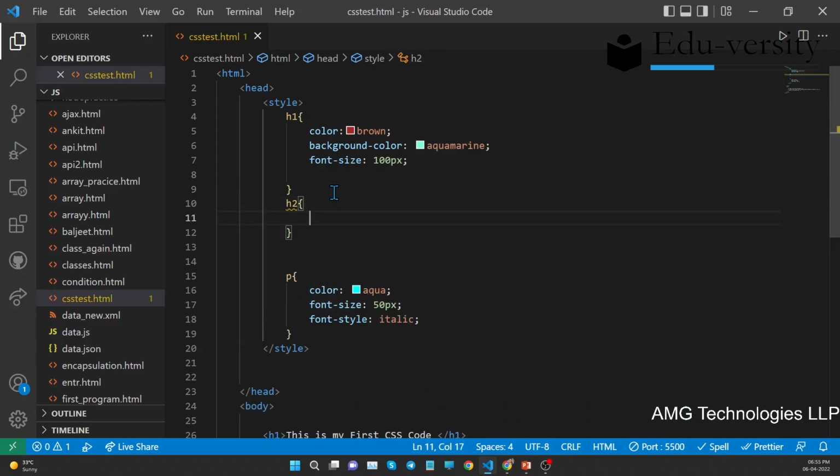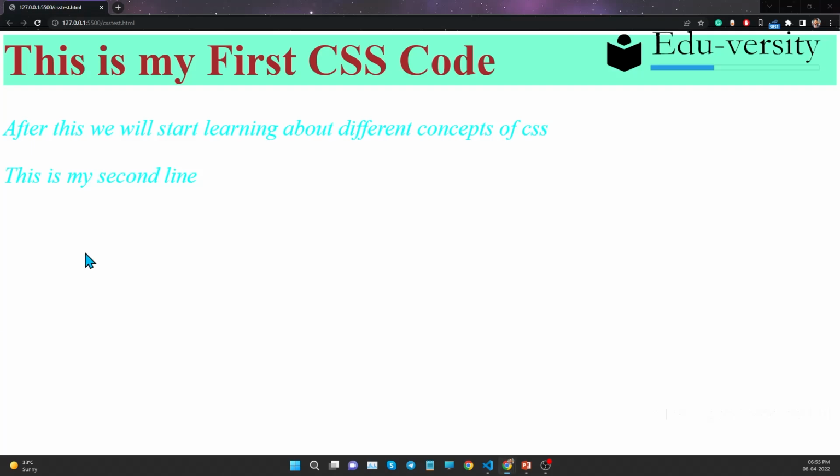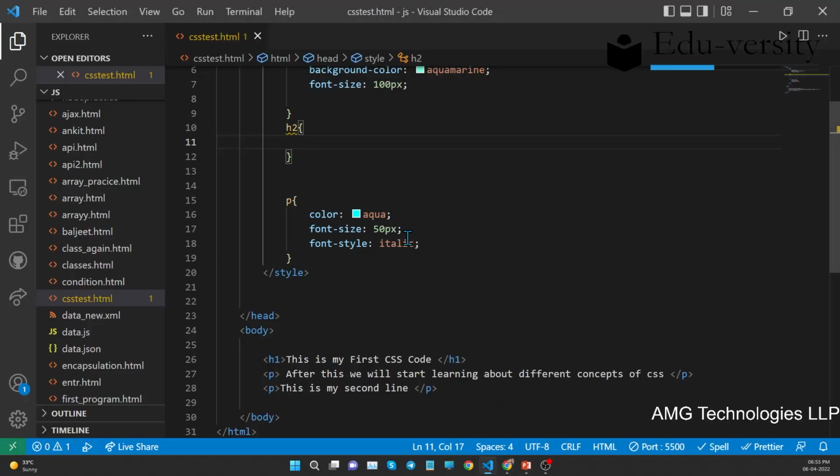Otherwise, it will not get selected. So now check the output for the second paragraph tag. Here you can see this is my second line with the color aqua, style italic, and size 50 pixels. So this is basically how you can implement the CSS into your HTML document to style various elements written in